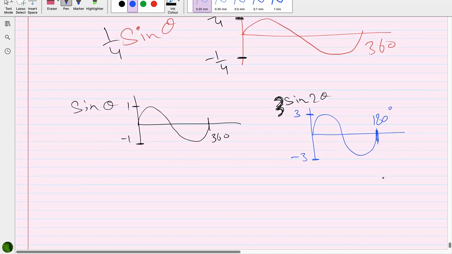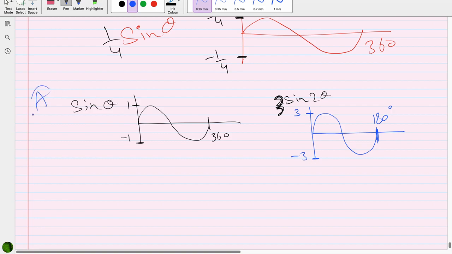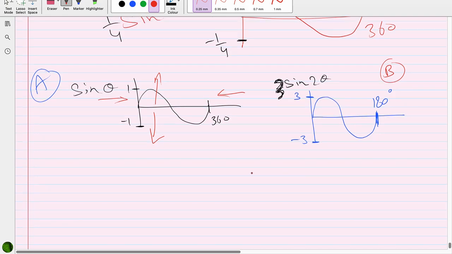Now let me say the curve A is the original curve and curve B is the transformed curve. So the examiner tells you to explain the transformation. Before we write something, we know it has stretched in the positive direction and it has been compressed horizontally. Do you agree? So now you just have to use your words. It is a stretch